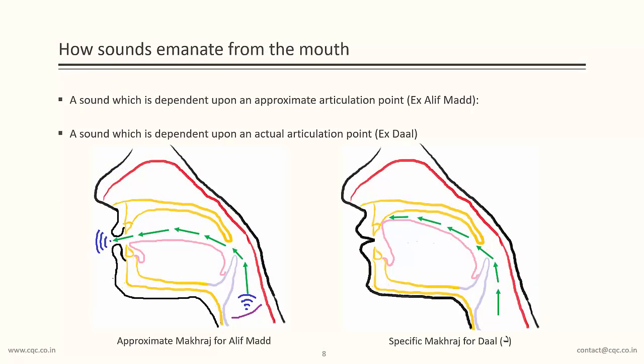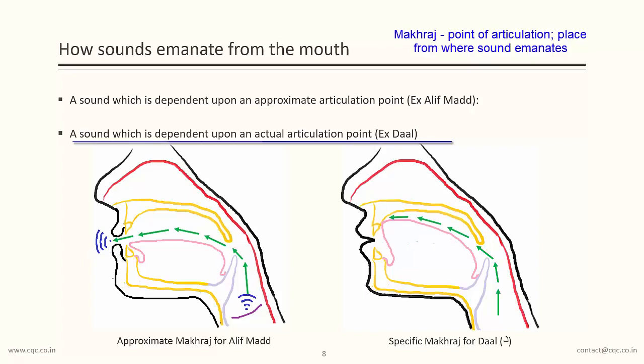What is the definition of a letter? What do we mean by makhraj? How do the letters form within the mouth? Basically, makhraj is nothing but the place of emitting the sound of an Arabic letter. Now, sounds of letters rely either upon specific articulation points like tongue, teeth or throat,